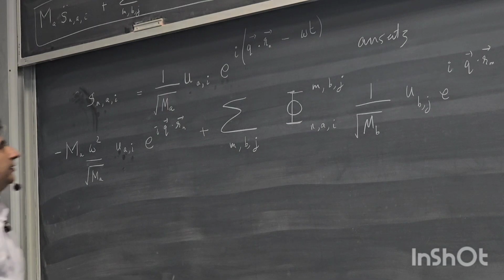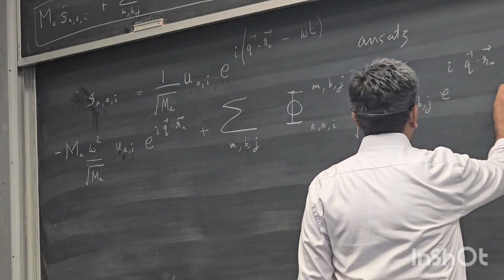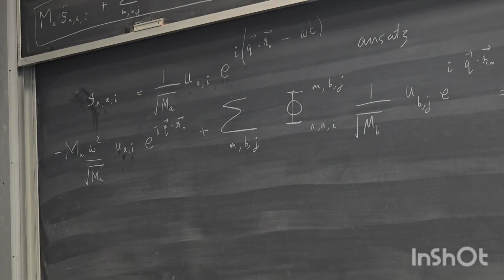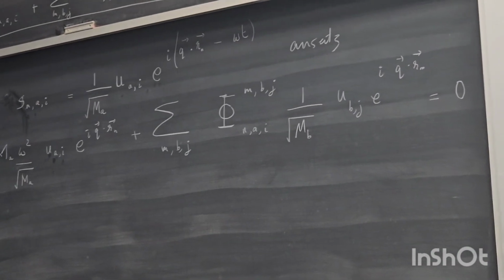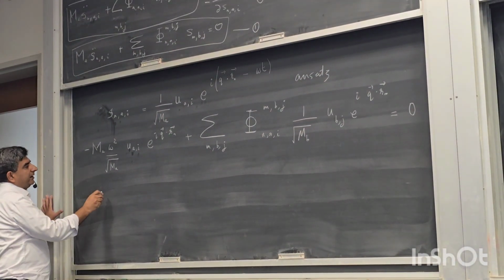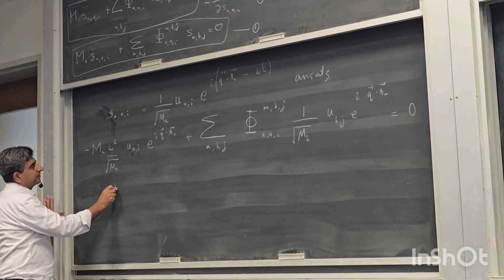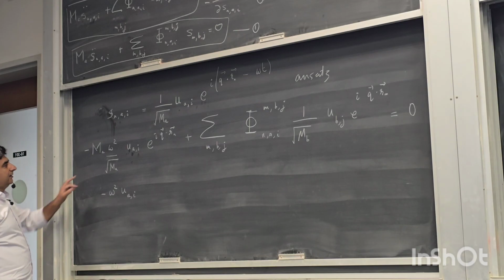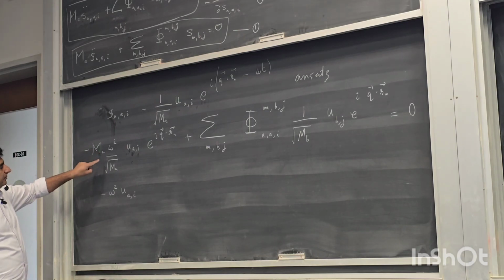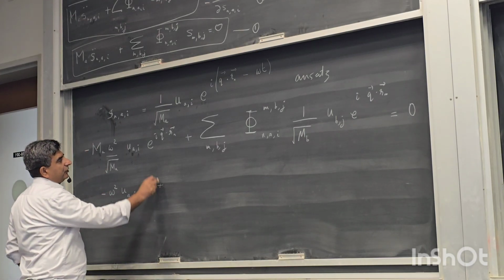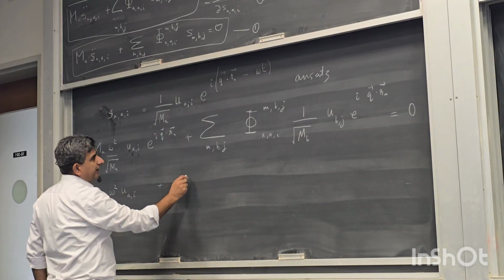Is equal to 0. Right? So now what I could do, I could divide both sides by square root MA. This becomes minus omega square U A I. Under root M, I divide, so this is actually square root MA. I divide by square root MA, this goes away. I will also take this to the other side, so I will get